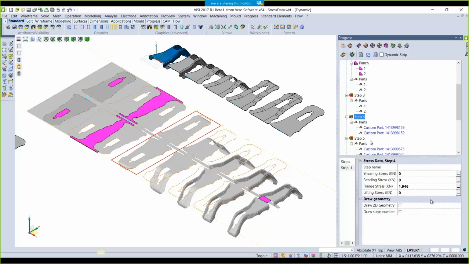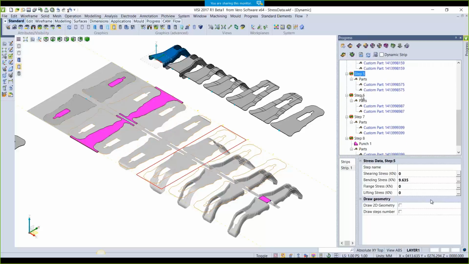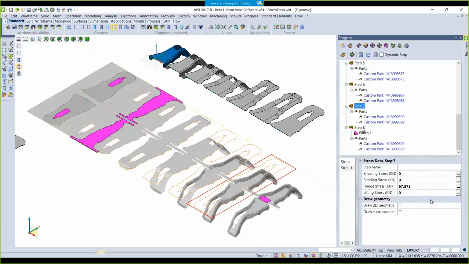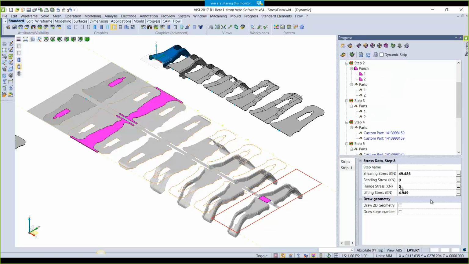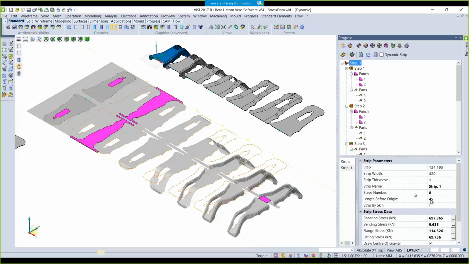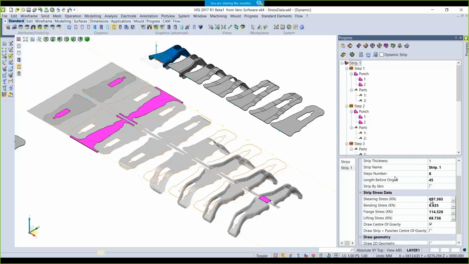So depending on whereabouts in the tree that you select, depends upon what results you get. So if I come back to the top and calculate the entire strip, and come down to the strip data,